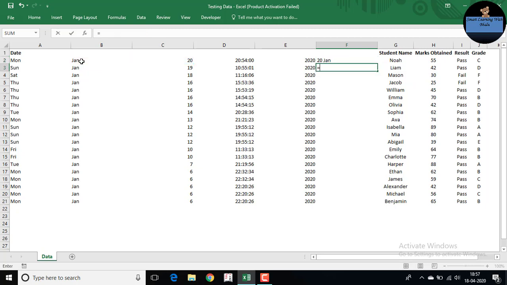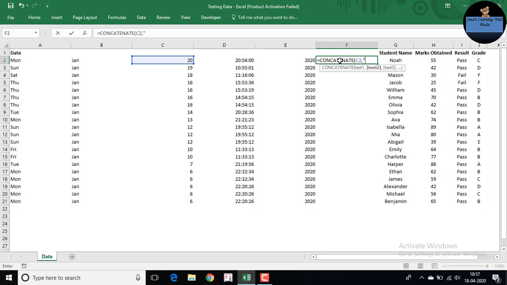If I was using the CONCATENATE formula without the comma and the inverted commas for the space, see how it comes out, the date and the month joined together. You get your joined formula. I'll click on the date, comma, inverted commas, whatever I want.